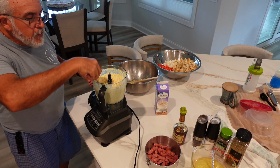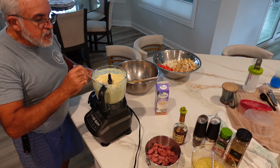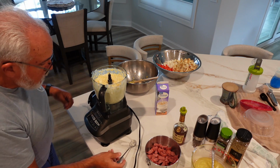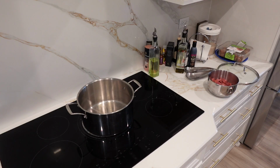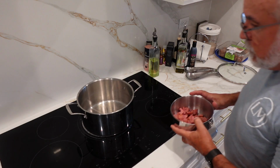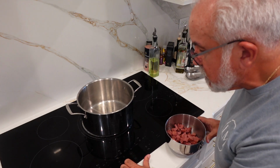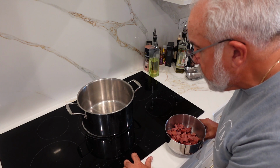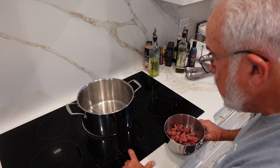A little bit of chunky, a little creamy consistency. So it's going to be perfect. That's what we want. So now, the next step is we're going to start cooking up the sausage a little bit. So once again,